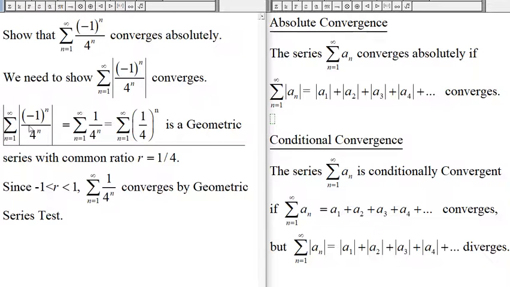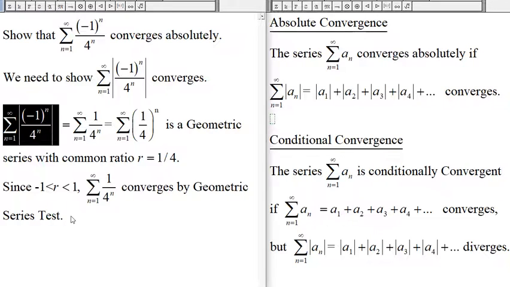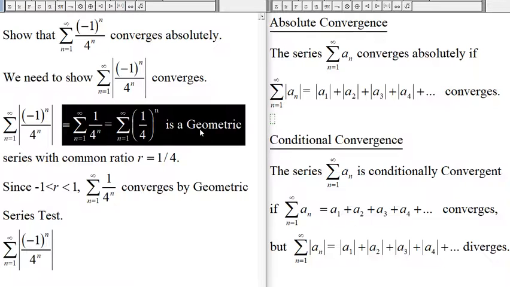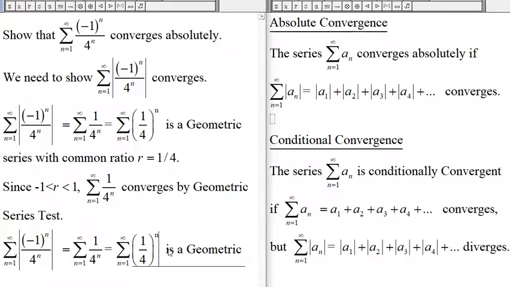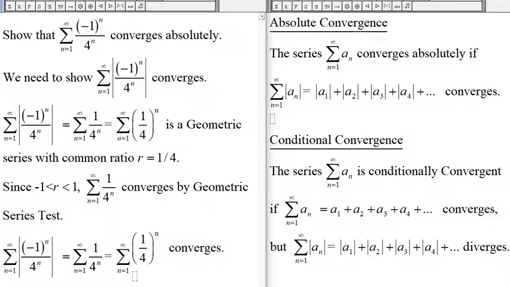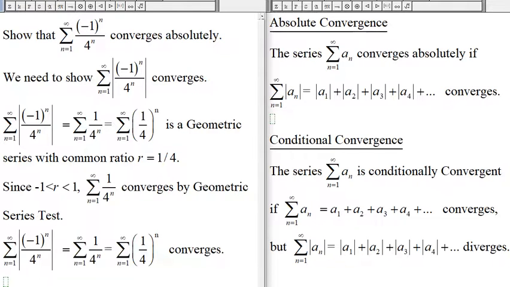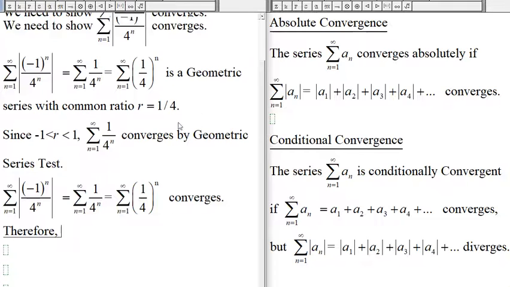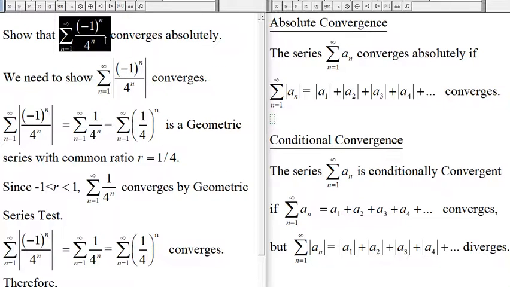And since this right here is equal to this, we have shown that the series with the absolute value converges, and therefore the original series, this series right here,